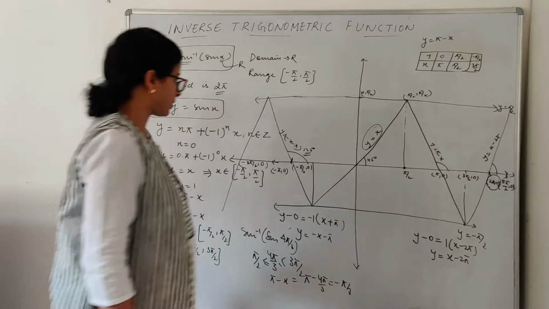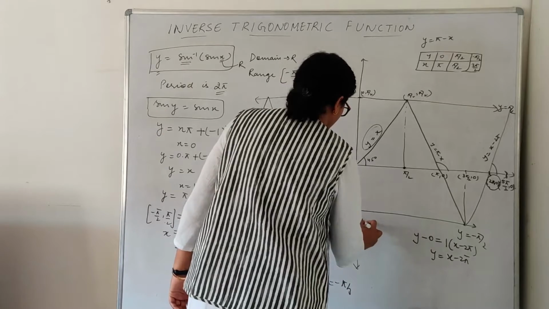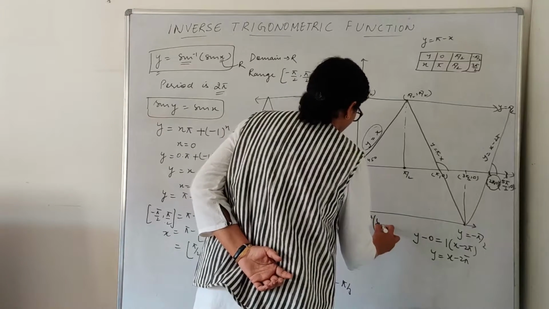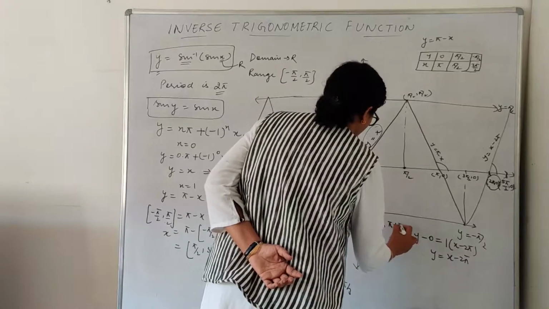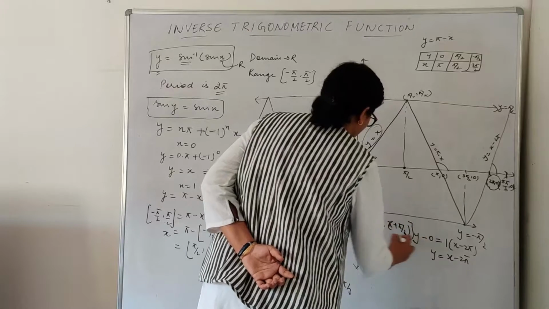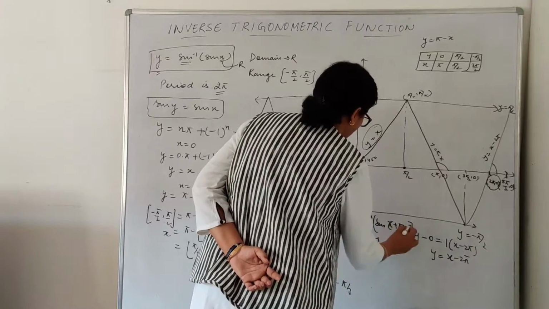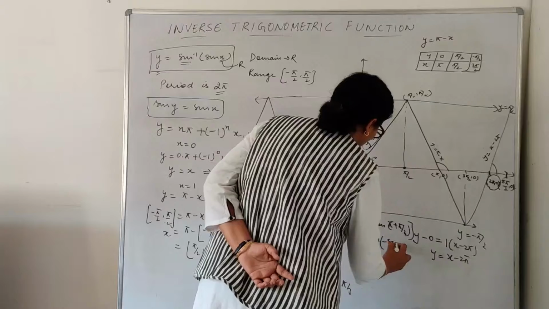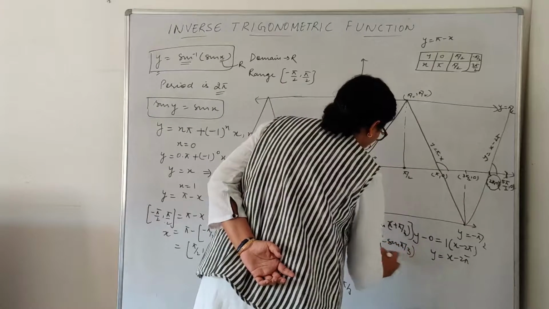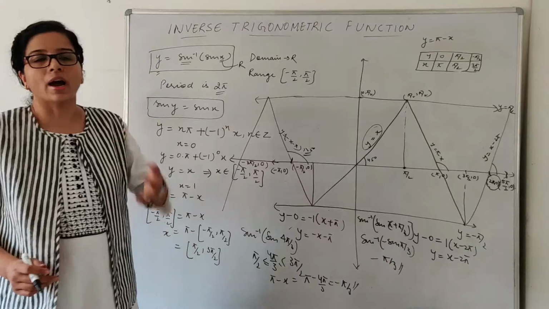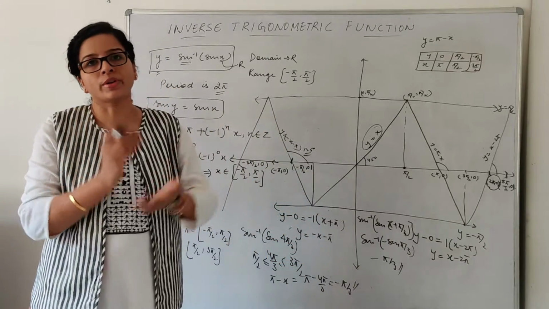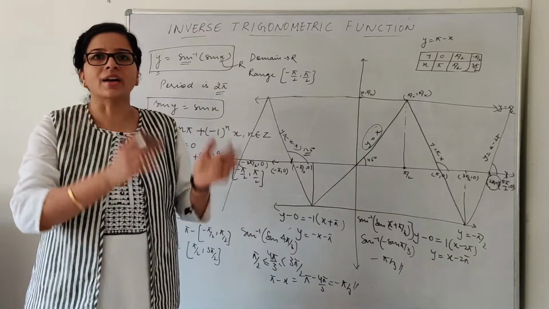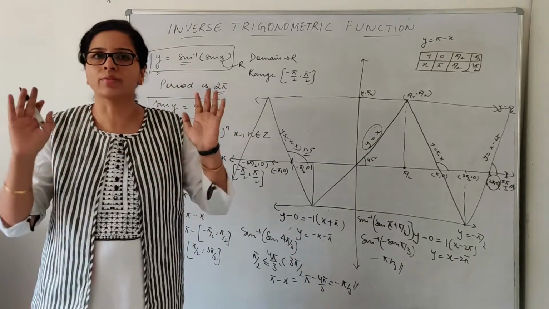This is one way of doing. Other way, what you can do? Sine inverse sine of pi plus pi by 3. Okay. So sine of 180 plus theta is minus sine theta. Right? So hence minus pi by 3. Either you can use graph or you can reduce your angle to an extent it starts lying between minus pi by 2 and pi by 2.